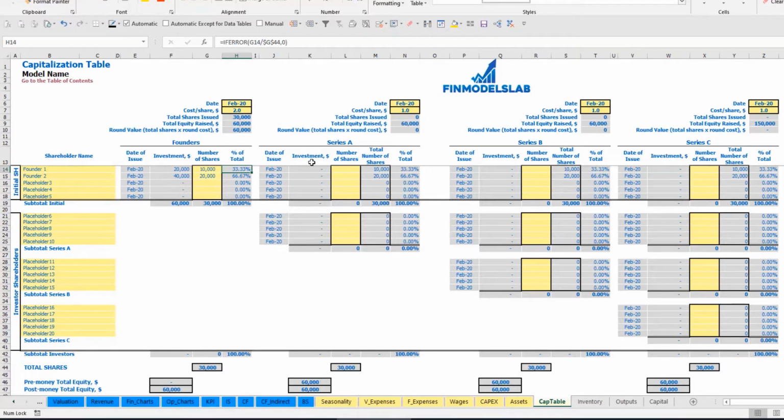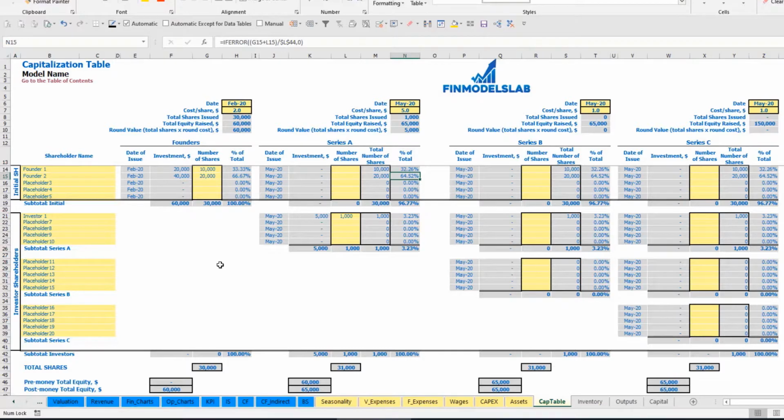67% of shares. So let's pretend that for Series A we have one investor and the date of issuance is May, cost per share is $5 per share, and number of shares is 1000. So total amount of investment will be $5,000. You may see that before the Series A total equity was $16,000, after is $65,000, and investor 1 will have 3.23% of shares, and the shares of founder 1 and founder 2 also diluted, 32.26 and